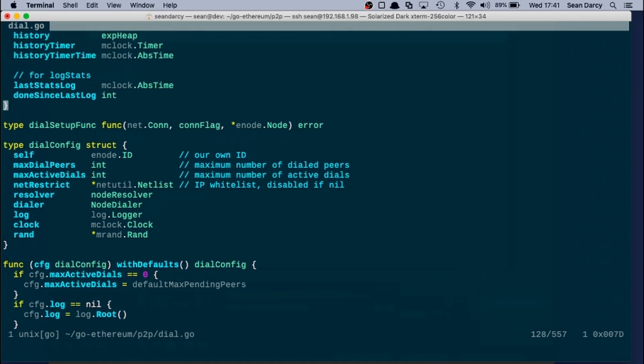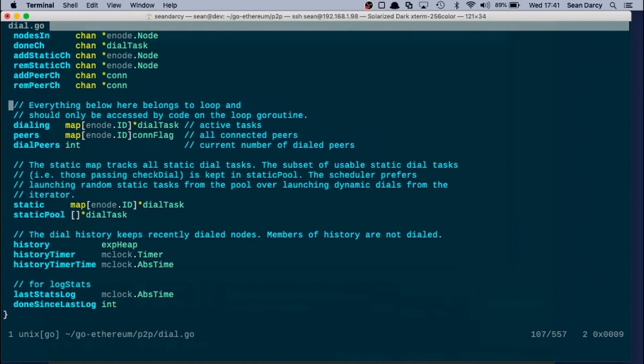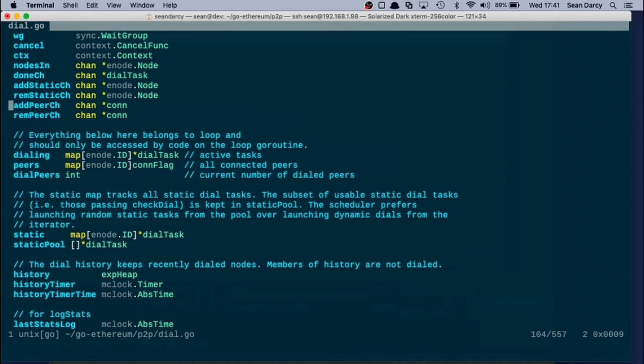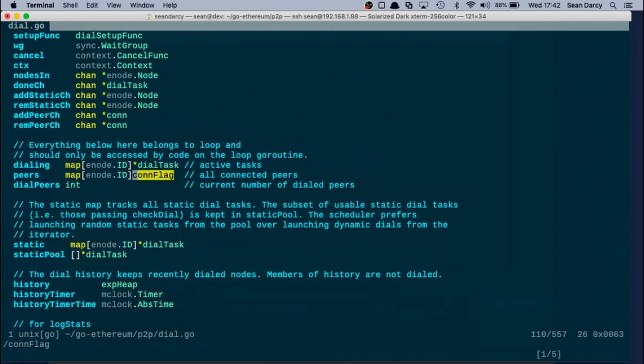So there's our peers and there's our static. And they're a map from the enode IDs to a dial task and a connection flag. Interesting. If we've got a connection in them, what's a connection flag? Is it just a bool, or is it like